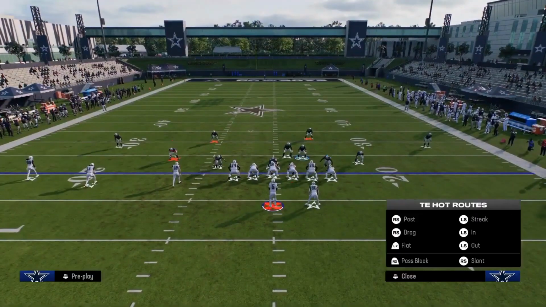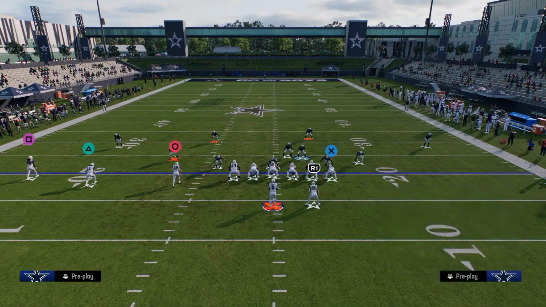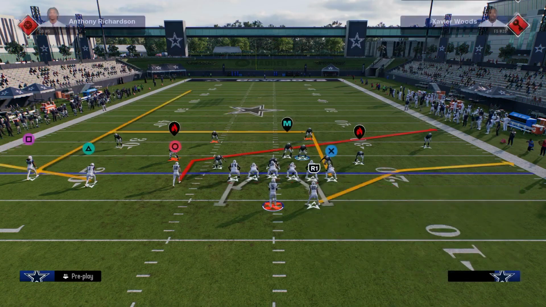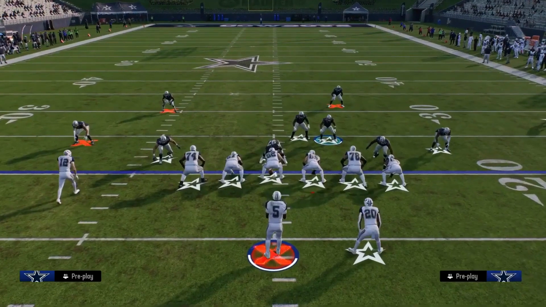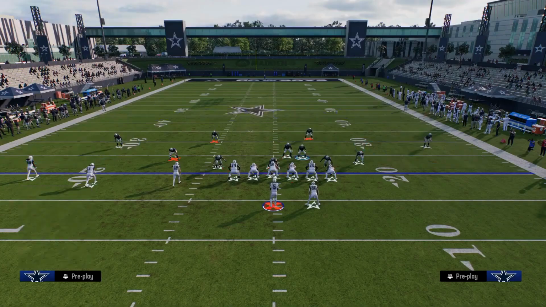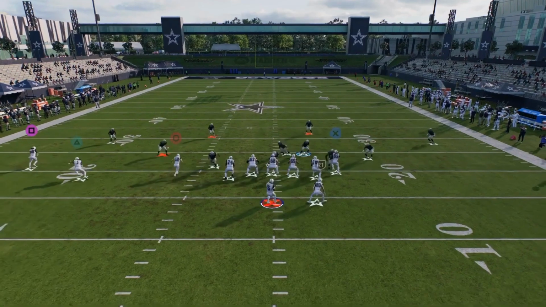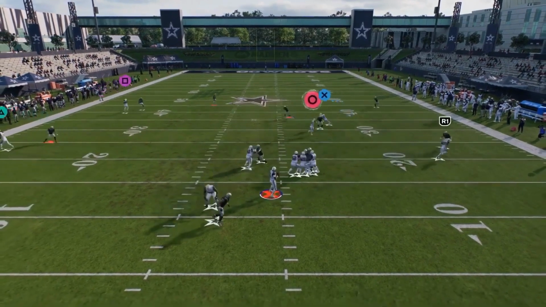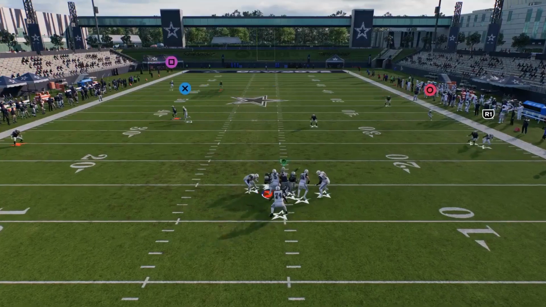But basically the main route is motion Y post, which is something like this. This takes away all the big plays, and it really forces them to work either a corner route to the left side or a tight end post slant. So you'll see here, I can just switch stick here and take this. You see what I'm saying? So I can do that